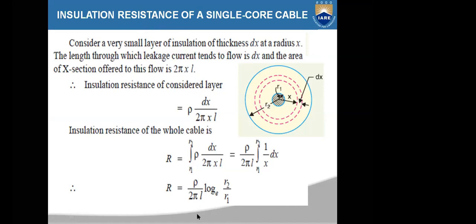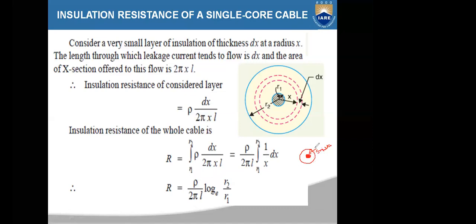If you observe a single core cable, in the construction of cable we studied, you have the central core. This core is a conductor, which carries the actual current. On top of the conductor you have one layer of insulation. So what is the purpose of insulation? This insulation will oppose the flow of current from conductor to the earth.